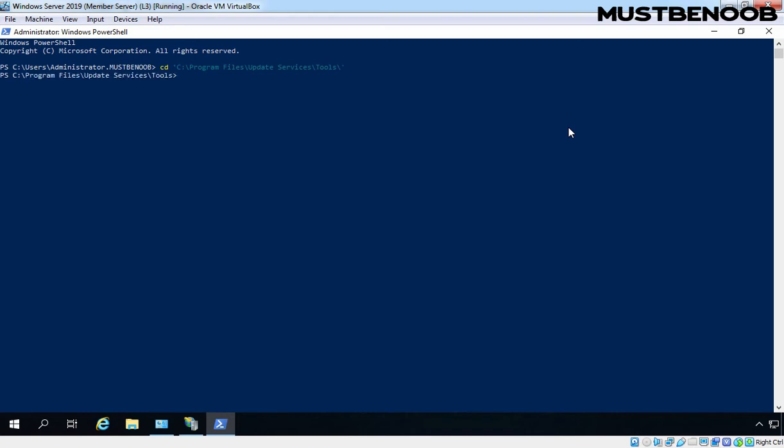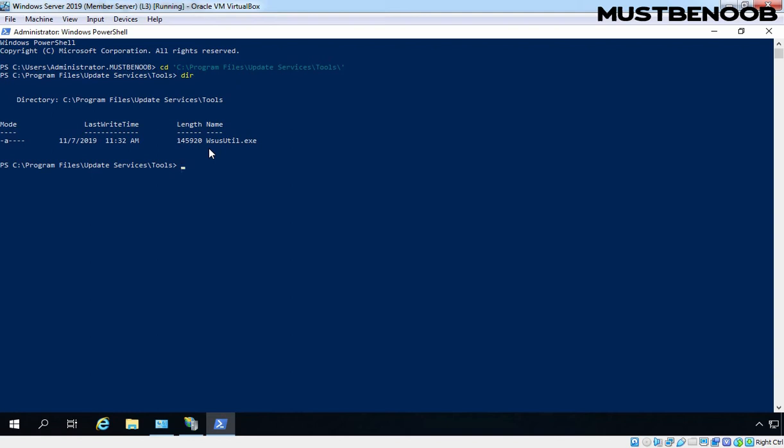Under this directory, there is a command line utility called wsusutil.exe. Let's run the command dir to see that. Here you can verify that we have an application called wsusutil.exe under this directory. So we need to use this command line tool to tell our WSUS server to use SSL.